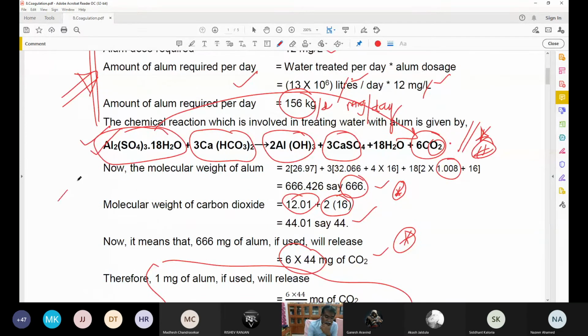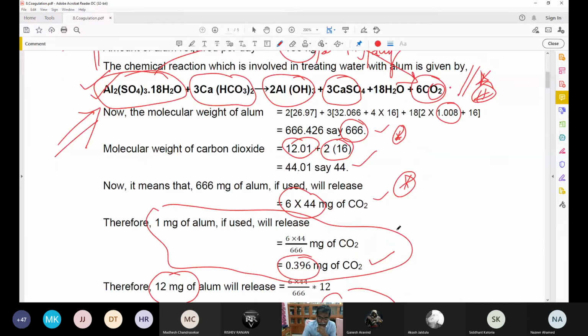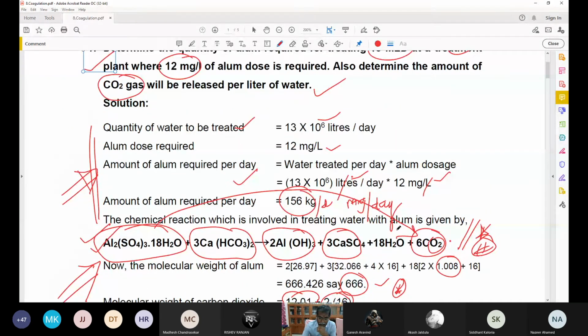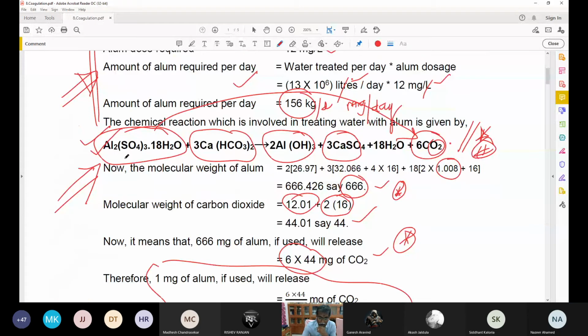This same set of equivalent comparisons can be extended to other types of coagulants as well. I'm not going to solve those problems, but you can look into the same problems. This is very simple. If you are familiar with the stoichiometric equations of all coagulants, you can play with that equation. Is it okay? Yes. Any clarifications here, Nazir? No, sir. I'm not going to solve with the different combinations, because predominantly only alum is used, so I'm trying to highlight with alum equations. Is it fine?